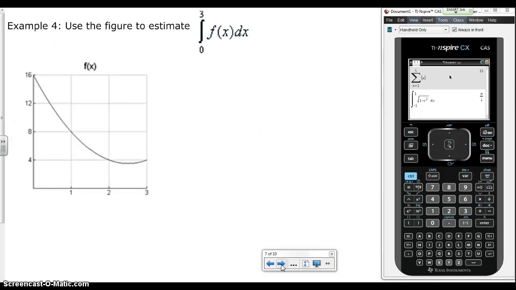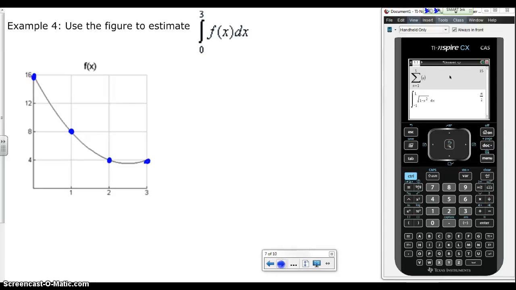Okay, in example 4, we want to use the figure to estimate the area under the curve. Integral means area. So if we're trying to estimate area under a curve, the only tool we can use on the graph is left or right-hand sums. So the first thing you need to do is identify some y values on this graph, and it makes it really easy if you just do them